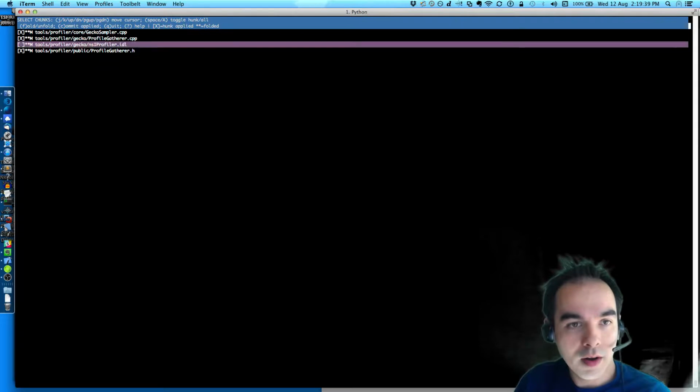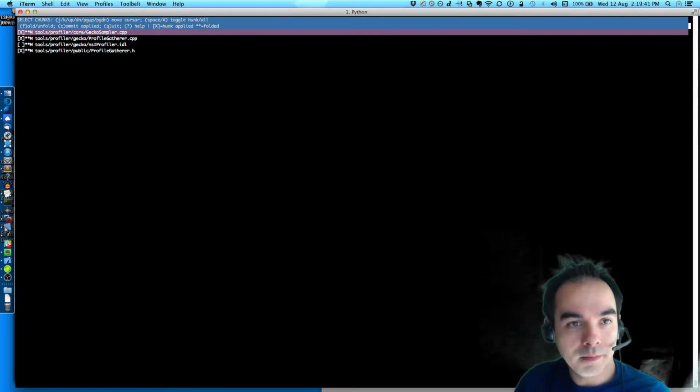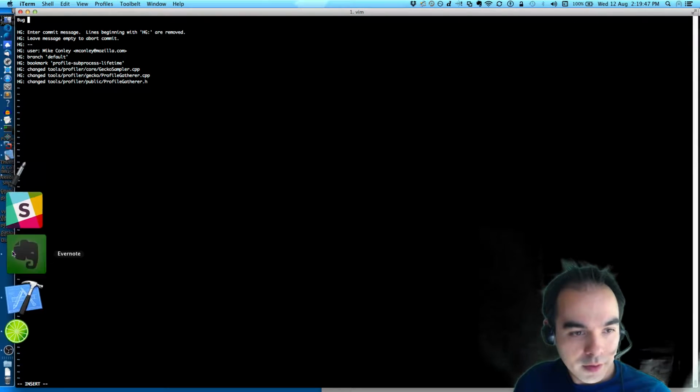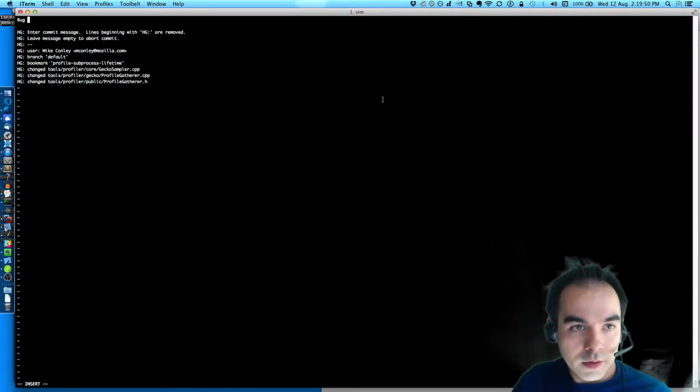Probably don't need that anymore. But I will commit this stuff. So bug, here, make profile gatherer exist during the lifetime of a Gecko sampler.